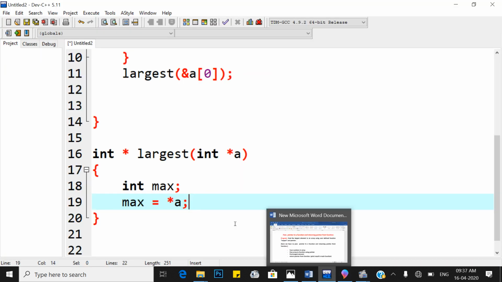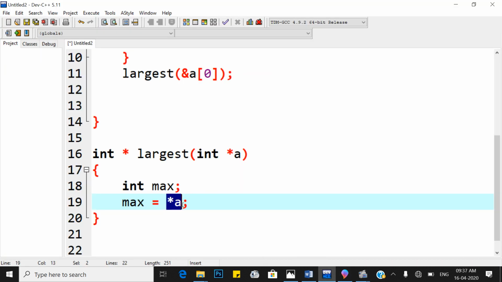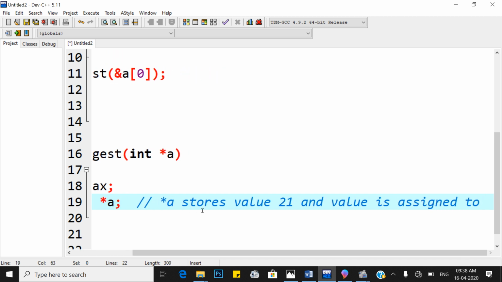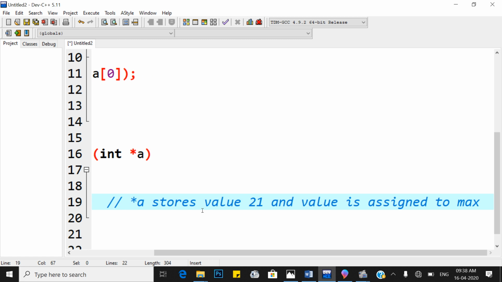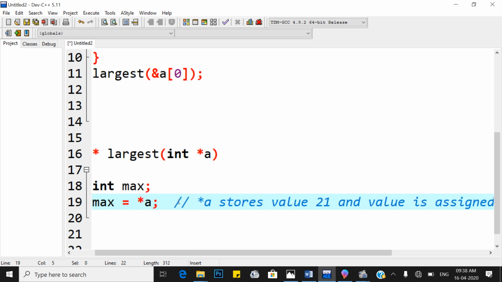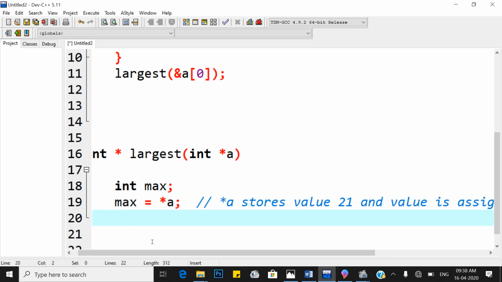So initially pointer a stores value 21, and that value is assigned to the max variable. So max variable now contains which value? 21.